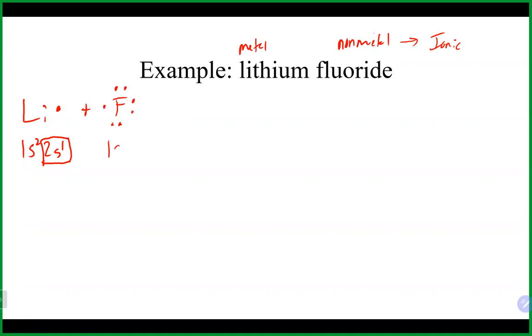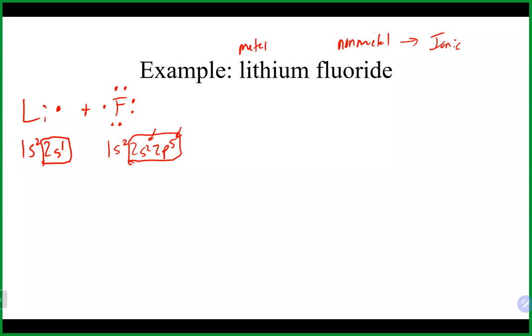And it would have a configuration of 1s2, 2s2, 2p5, and it would be these 7 electrons here that would be its valence electrons from its electron configuration. So because of the differences here between the metal and the non-metal and their periodic trends, pretty much what's going